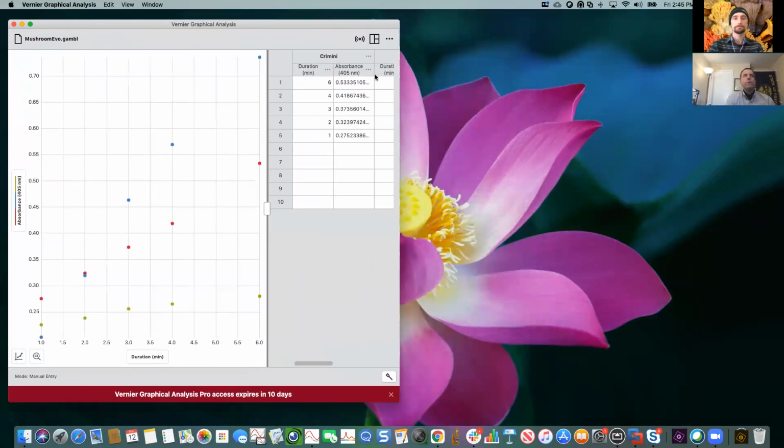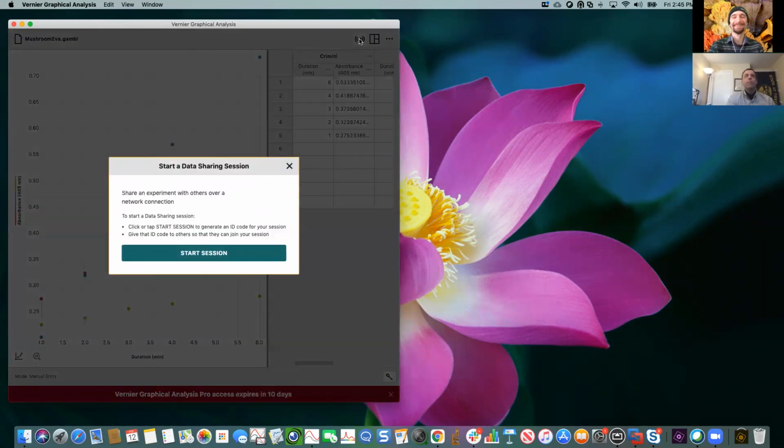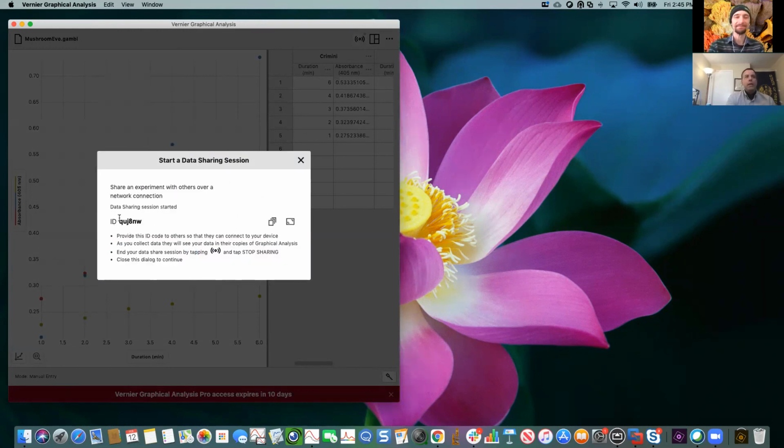What you can do is click on this, we call it a TIE fighter for Star Wars. If you tap on this little icon up here and tap on data sharing, you can start a session. And then you can type in this little number. Now, you can go ahead and do this right now if you want to. I'm going to show you how to do it. You can do this with me.